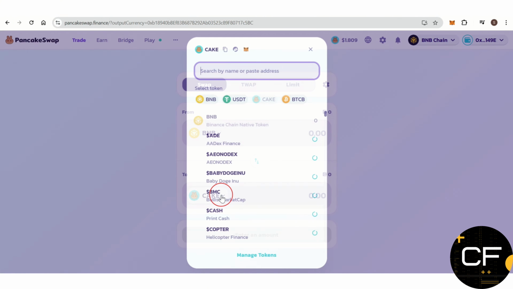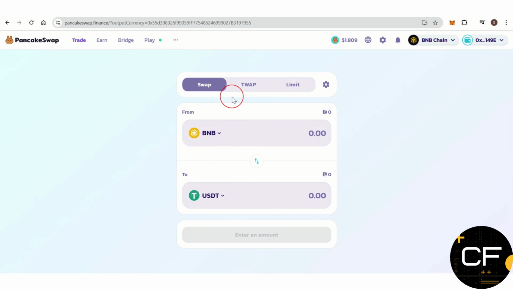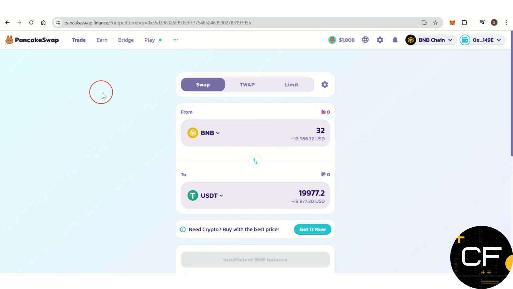Let's say I want to swap from BNB to USDT. So I will simply select the USDT pair. Then you will have to enter the amount of BNB that you want to swap. Then it will show you the equivalent USDT over here. You need to press the swap button and then you just have to wait for some time until your transaction